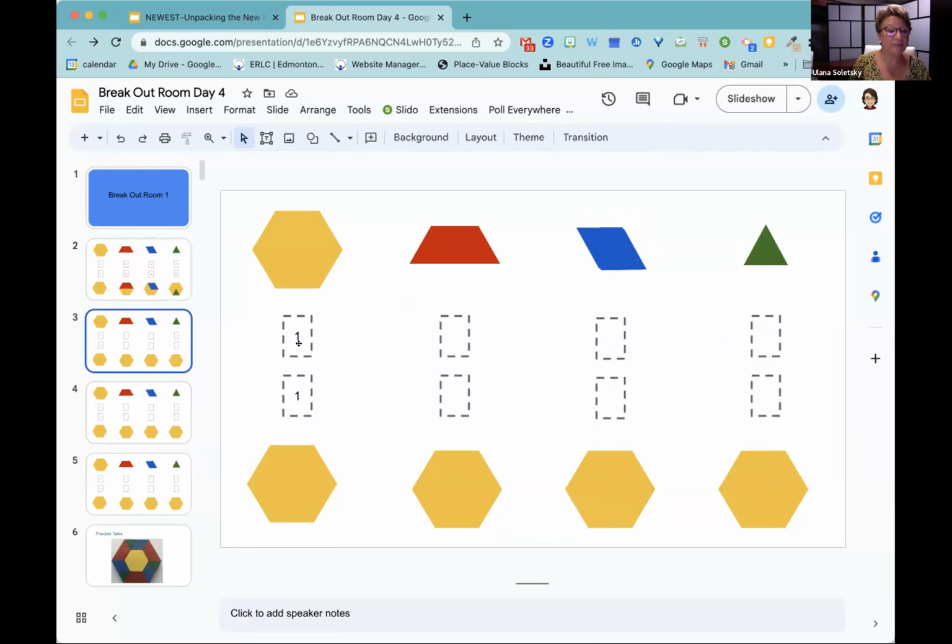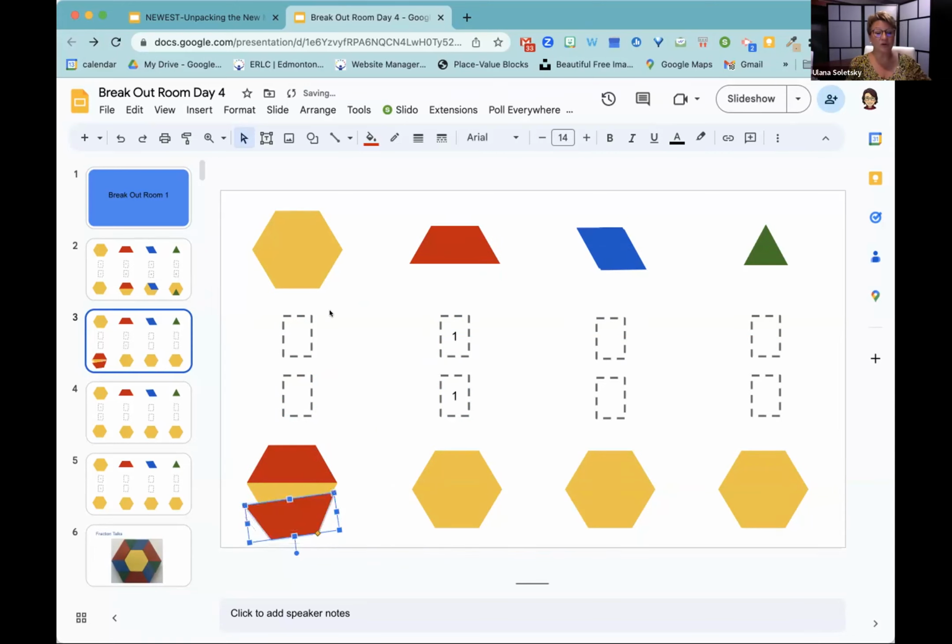The second slide, oops, this is not 1. Please note that this is not 1. I made a mistake on each, I copied the wrong slide. Okay, so now if the red is 1, then what is the yellow? And what you do is you drag down the red to prove to me what it is. You can turn it. So if that's 1, then that means this has to be 2.